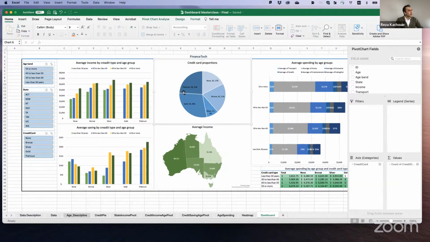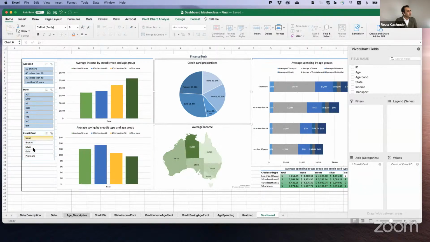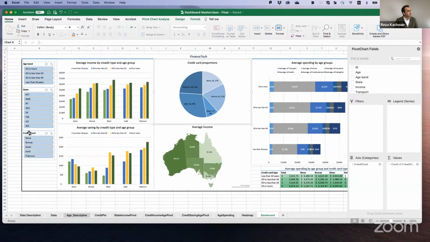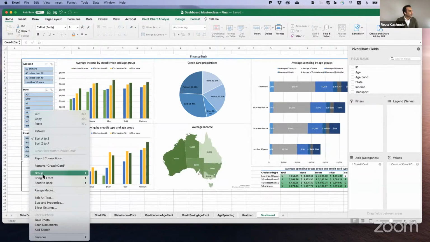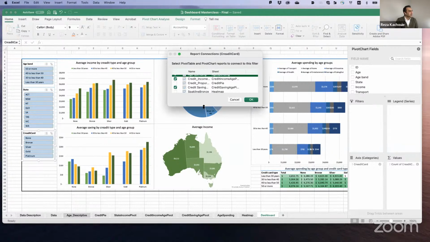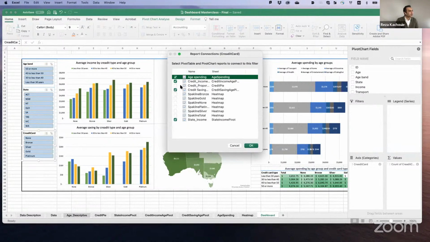Or for this one, we have credit cards in different credit card proportion. We have not linked the last slicer to that. Let me add it to see what we are going to get from it. So let's say report connection, and I link it to my pie chart, credit pie.